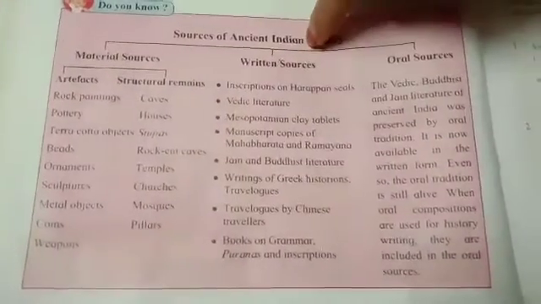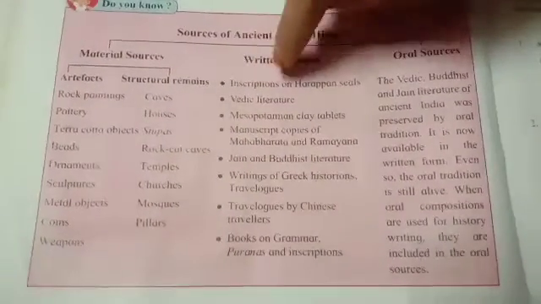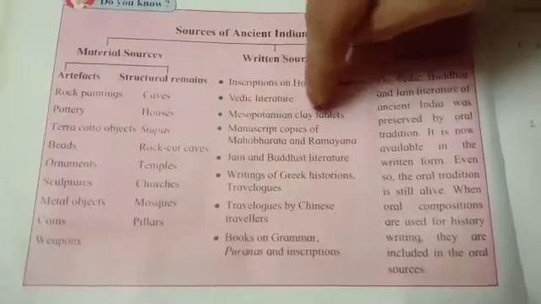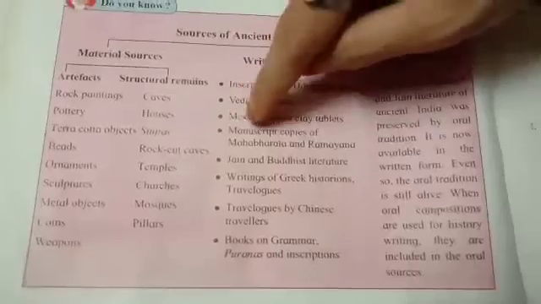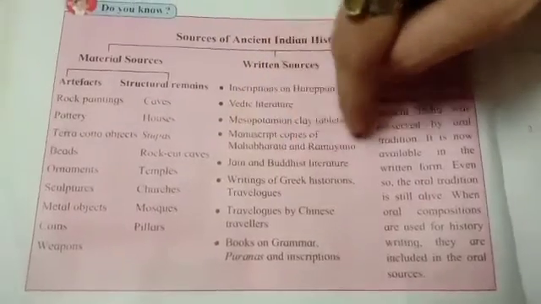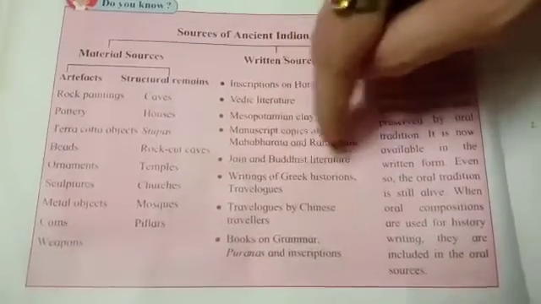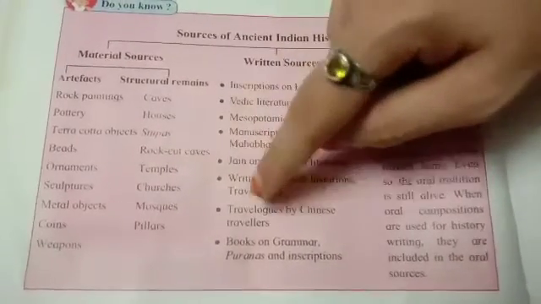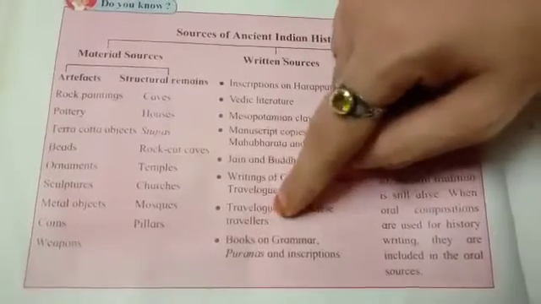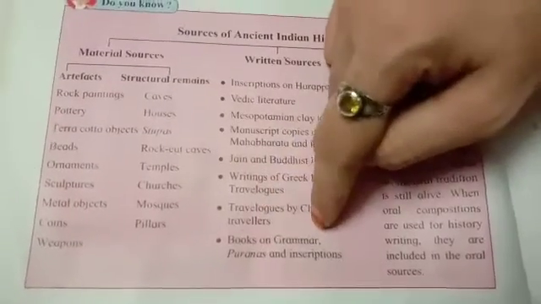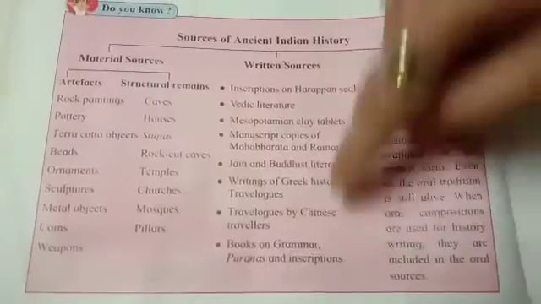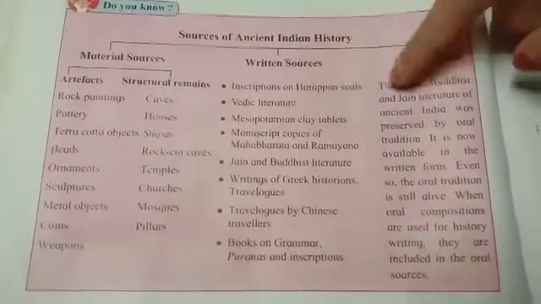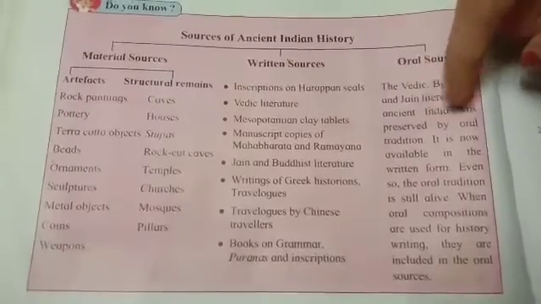Next is written source. In written source we have inscriptions on Harappan seals, Vedic literature, Mesopotamian clay tablets, manuscript copies of Mahabharata and Ramayana, Jain and Buddhist literature, writings of Greek historians, travelogues by Chinese travelers, books on grammar, Puranas and inscriptions. Now third is oral sources, that is the Vedic, Buddhist and Jain literature of ancient India was preserved